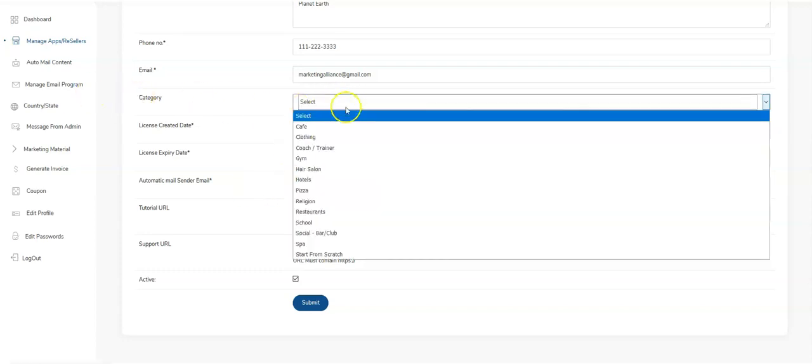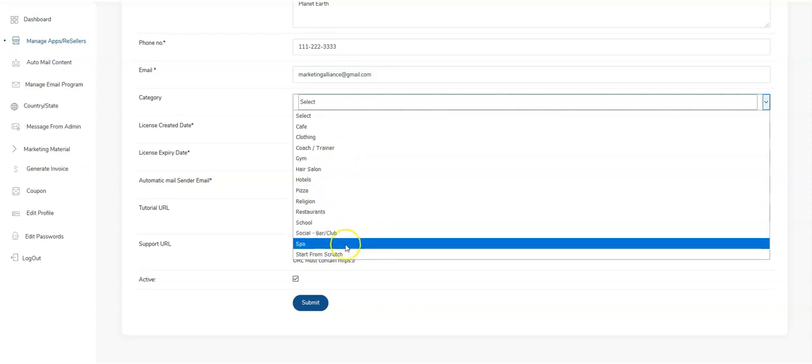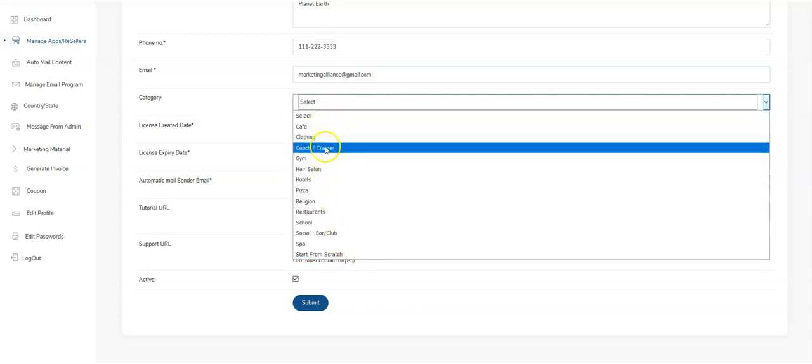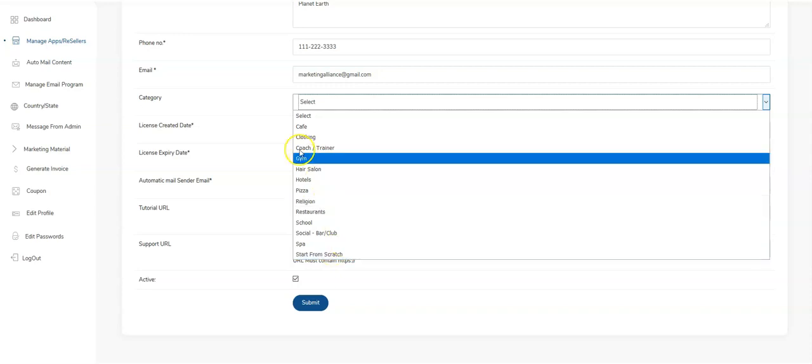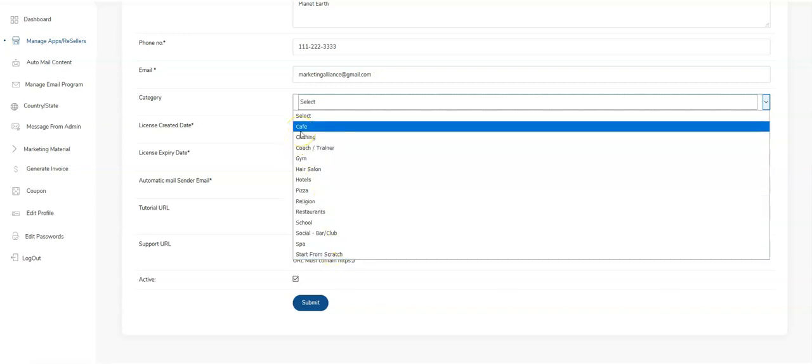So we have a bunch of types of apps already pre-built, and whatever you select here will have everything turned on for you that's relevant to that type of business. So for example, if you're selecting a cafe, you'll have food ordering system, points rewards, punch cards, that kind of stuff that's already turned on for you. You will be able to go in and update it and add things if you needed to, but that's what